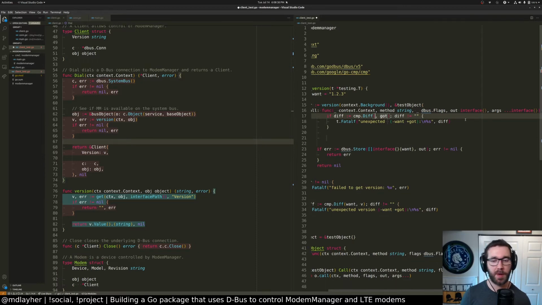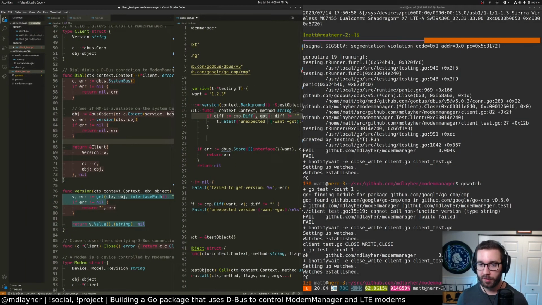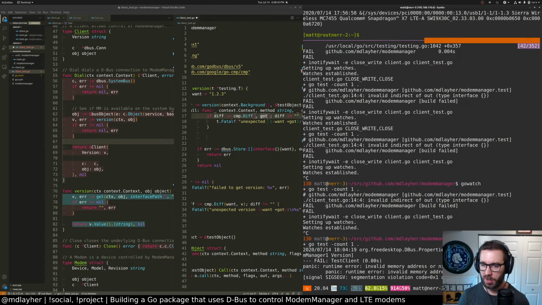So the method you expect is whatever was in the logs just now, right? So the version properties get, right. So